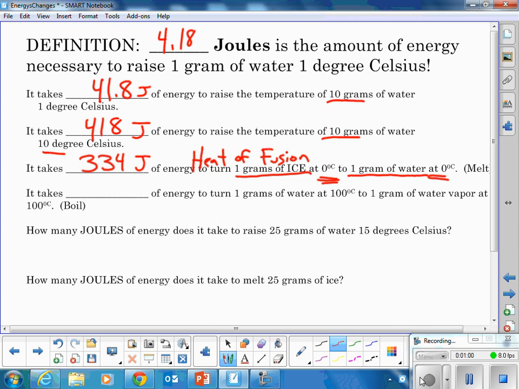I wonder if it takes more or less energy to boil something. Well, it turns out to turn it from liquid to gas, it takes 2,260 joules of energy to turn 1 gram of water to 1 gram of water vapor, all at 100 degrees